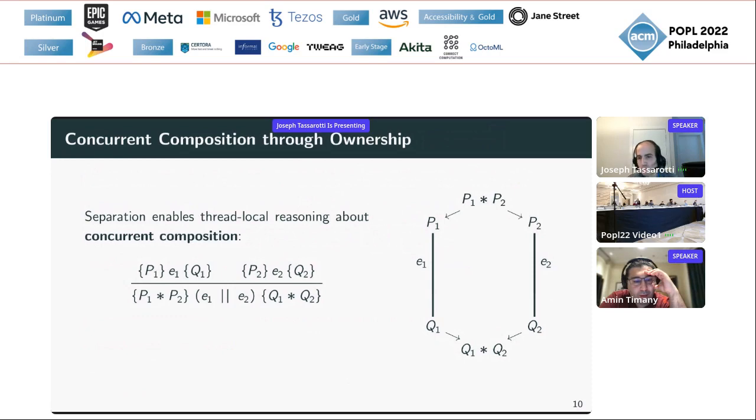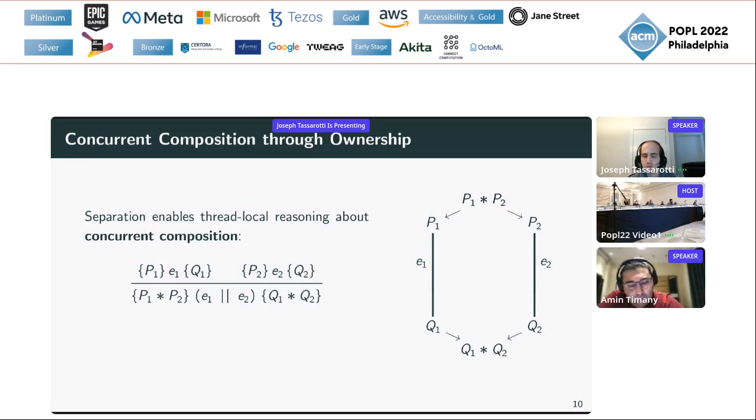So this says that if we want to reason about the concurrent execution of two threads, E1 and E2, which I'll write as E1 vertical bars E2, then what it suffices to do is to show that our precondition can be split into two disjoint pieces, P1 star P2.